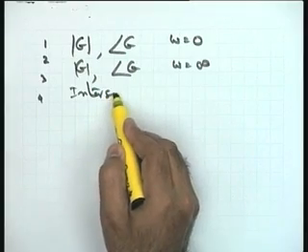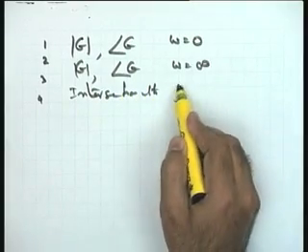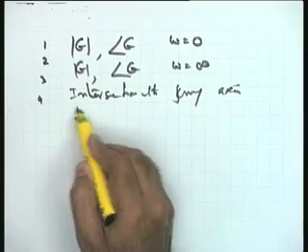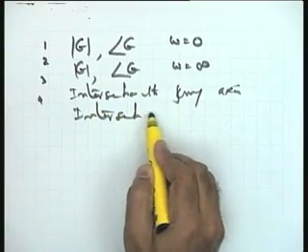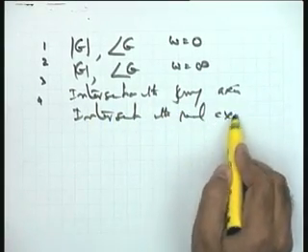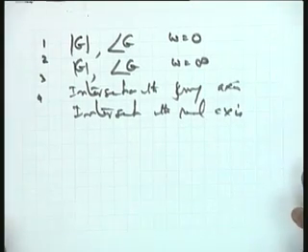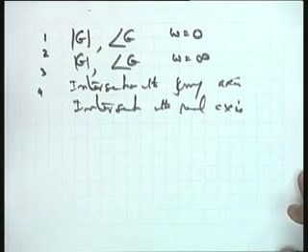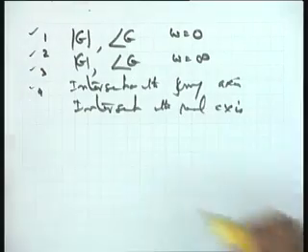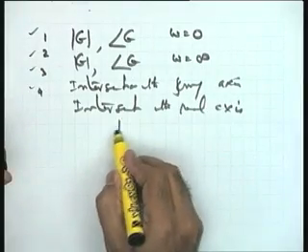Intersections with the imaginary axis and intersection with the real axis. If you have these 4 points, my experience shows that in many cases the required Nyquist plot can be made and you do not require any additional point unless you have a specific question in mind. If only stability is to be investigated, in that particular case these 4 points are good enough. Okay? Let us see one by one what are the values of these 4 points as far as the given function is concerned.